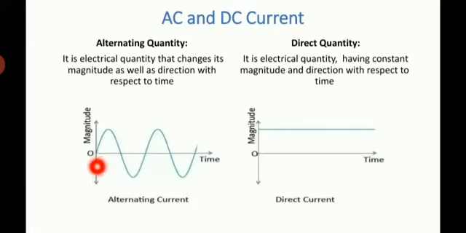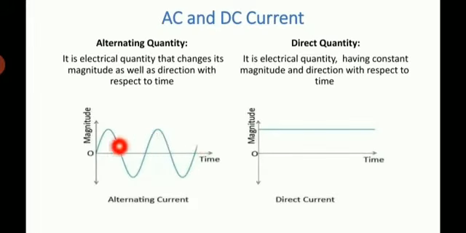As you can see in this waveform, from time instant 0, it is gradually increasing and it reaches a maximum value at this point. It is called the peak value. Then again it gradually reduces and becomes 0. Then again it starts increasing in the other direction, that is called the negative direction, and it reaches a maximum. This point is called the maximum negative value. Then again it gradually reduces and becomes 0. Such a cycle gets repeated periodically with respect to time.